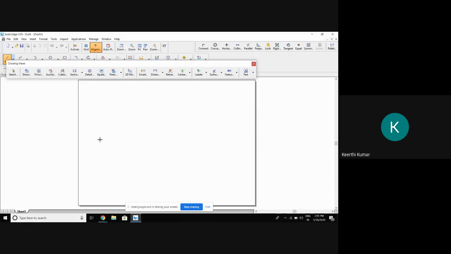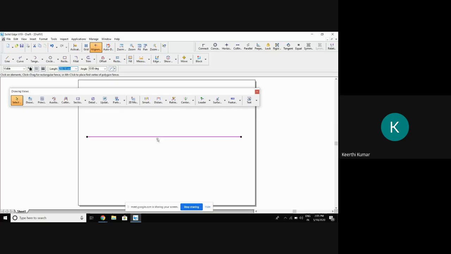Now, for any problem, first you need to draw XY line. That is mandatory, you know. But it should be in thin lines. I will not tell the thickness of the lines now because that is not required for a manual drawing. Just I will tell which should be thick and which should be thin. First you draw XY line and name it. Capital X, and this is VP, HP, and this is Y. As the problems are based on lines and laminas, for all the problems, it is mandatory to first draw XY line, VP, HP. This is fixed.